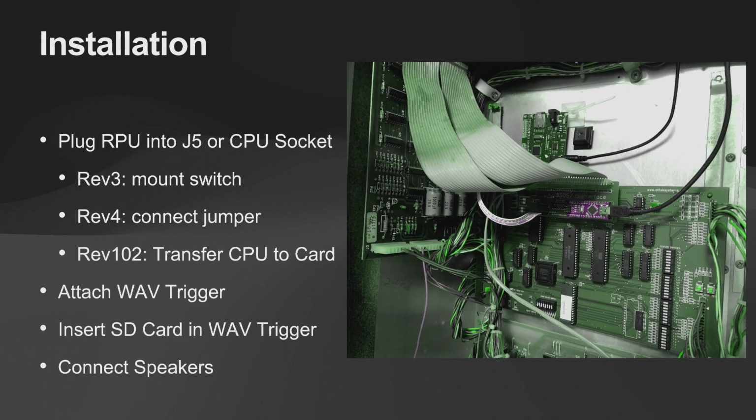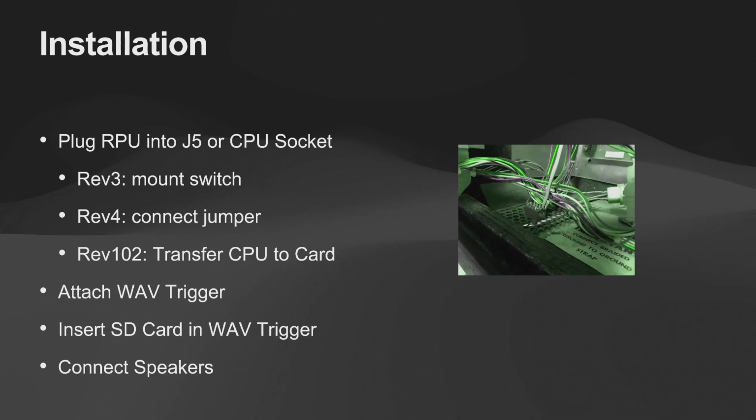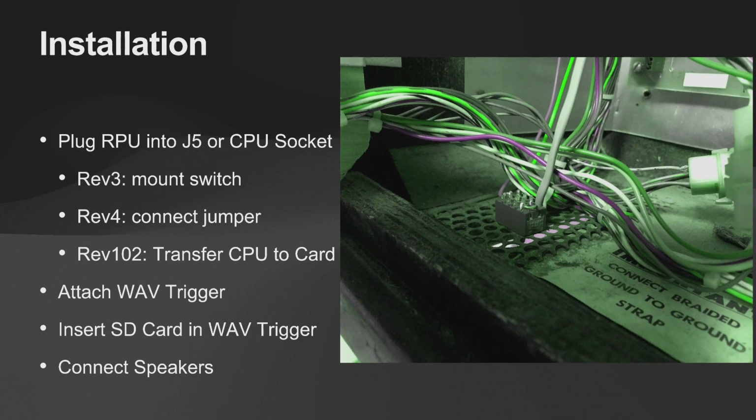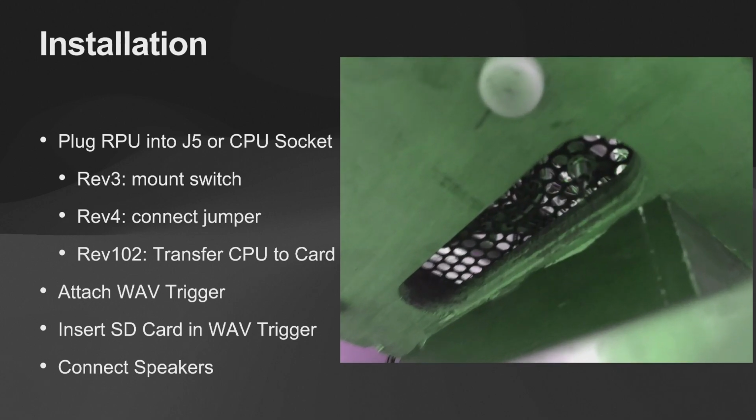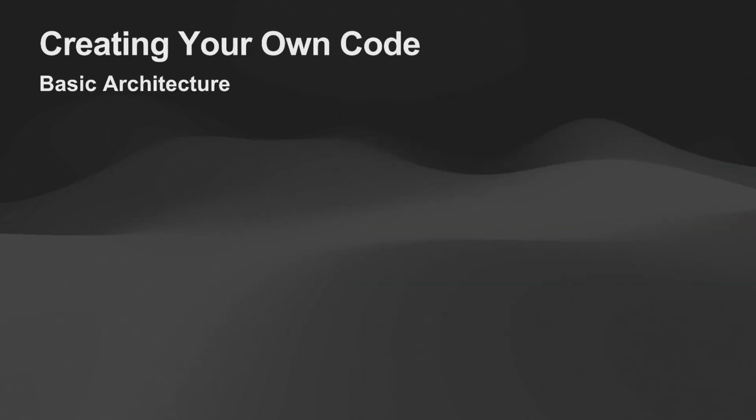This is a, I don't know, Meteor maybe, with an old Rev 2 board plugged in, but you see that the Stern cables plug right into that board. And then with a board, if you want a physical switch to switch between code bases, there's often a grate where you can just mount a physical switch. It's hard to see that switch there, but